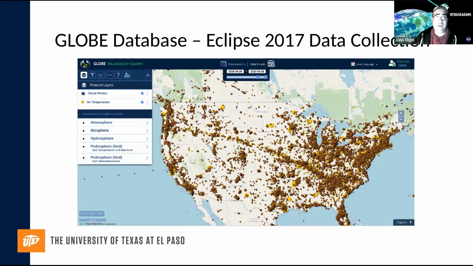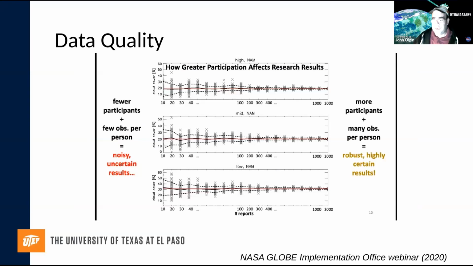Well, great example, 2017, the eclipse data, looking at temperature data during that eclipse event, was basically addressed pretty well by looking at the many data points, as you can see right here in this slide, the many data points of people that were collected. A lot of people participated, and so during that eclipse event, as was published by Brandt,